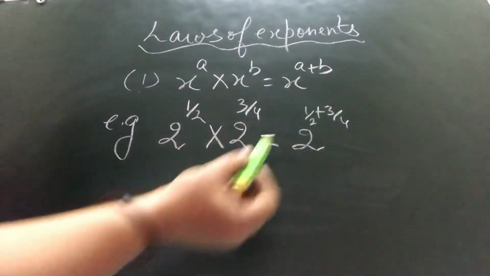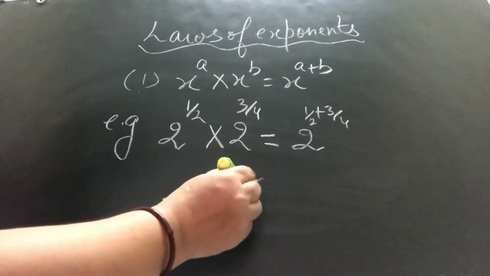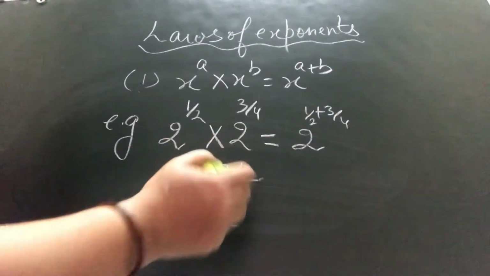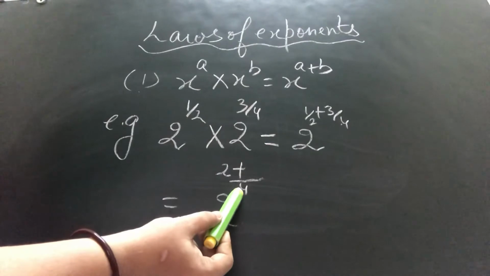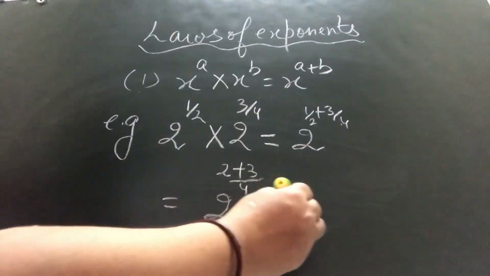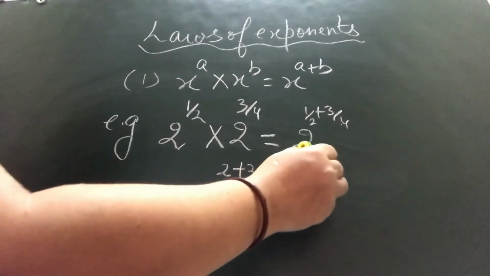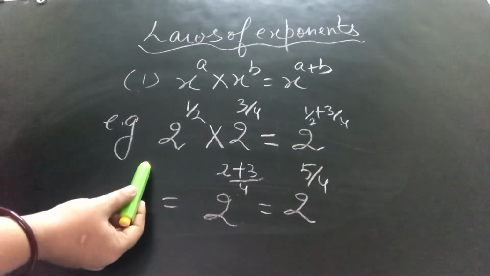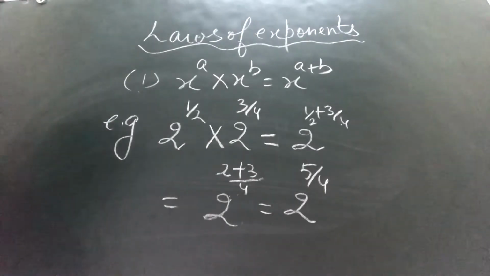Now you have to simplify the power. Both the powers are fractional. Take the LCM. Read the table of 2. You have 2 plus 4 का टेबल रीड कीजिए, 1 टाइम जाएगा, 1 into 3, right? So you have 2 to the power 5 by 4. This is our first law and the example for first law is this, right?